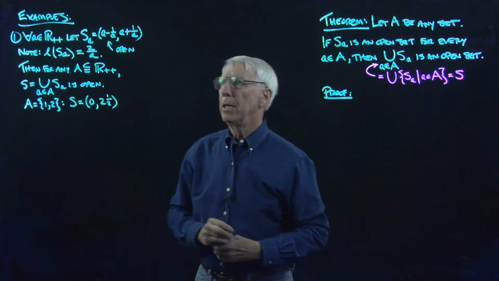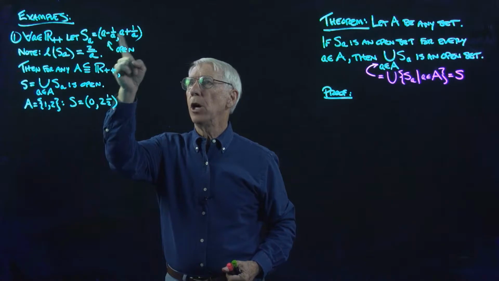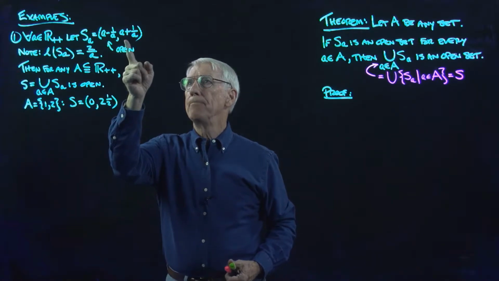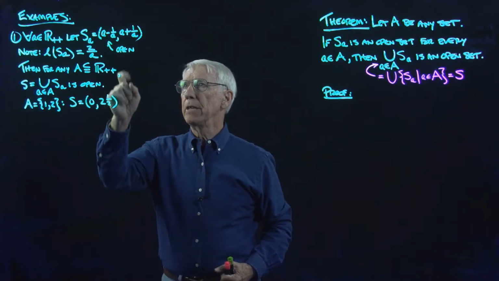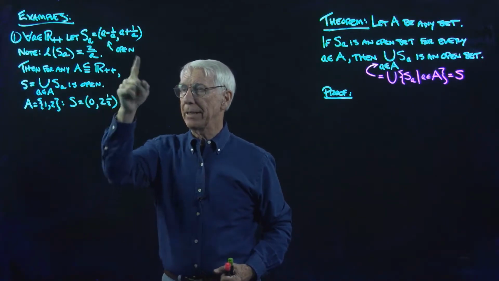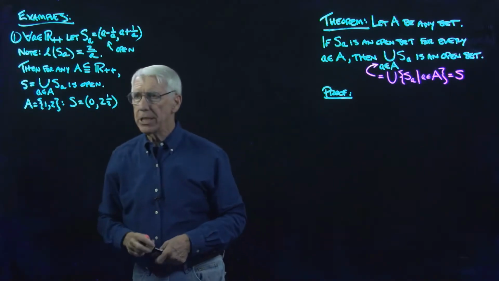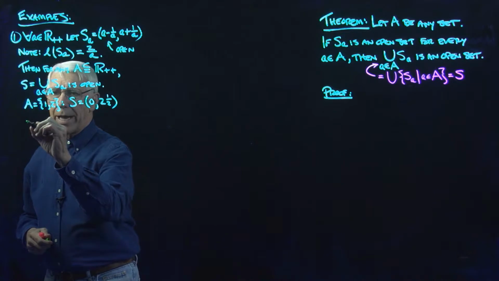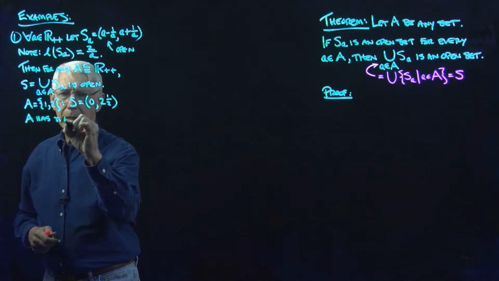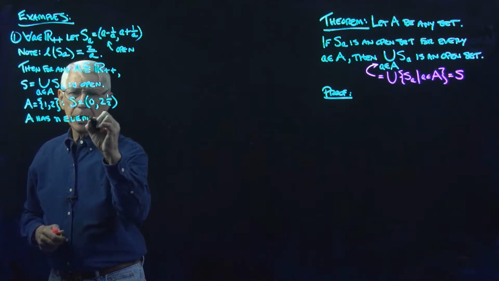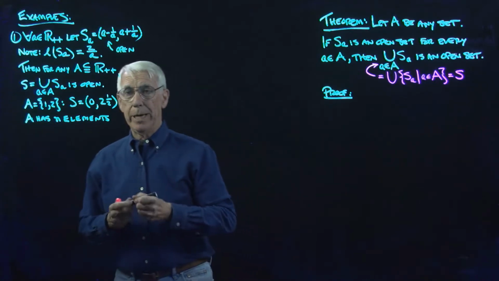It's easy to see. Okay, S1 is the open interval from 0 to 2, and S2 is the interval from 1.5 to 2.5. And I take the union, I get everything from 0 to 2.5, not including the endpoints. You could see what happens if A has n elements. You can think for yourself about what happens, and you could prove, oh, and by the way, let's just note